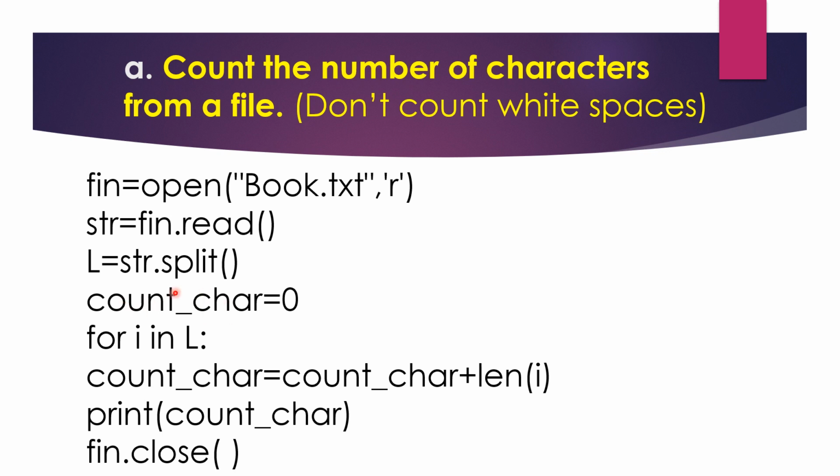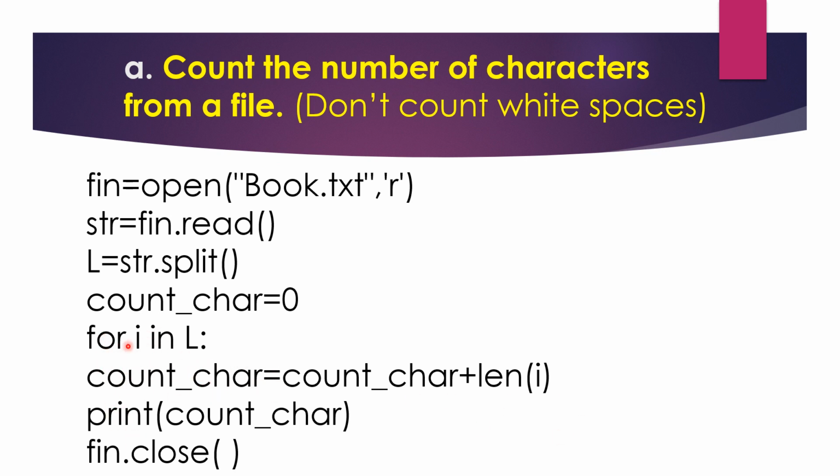Now here we are assigning the value of count_character as 0. Now here we are using the for loop. So first the value of L will be count, so the value of I will first be considered as count. Here we are using count_characters, whose first value is 0. So what will be the length of I? This is the length function. It will count the number of letters, the number of characters in that word. The number of characters is 1 2 3 4 5. So now count_character will store the value of 5.